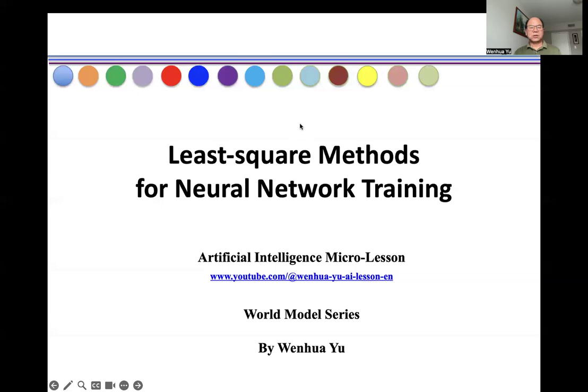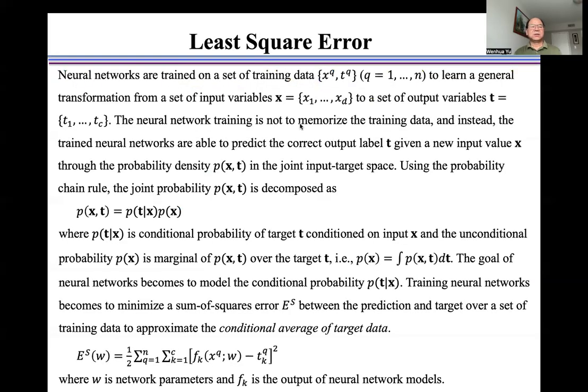In this video, I introduce least square methods for neural network training. Neural networks are trained on a set of training data to run a general transformation from a set of input variables x to a set of output variables t. The neural network training is not to memorize the training data, and instead the trained neural networks are able to